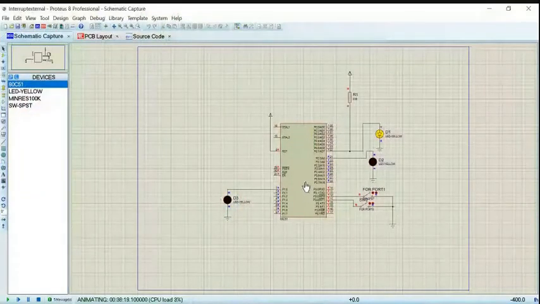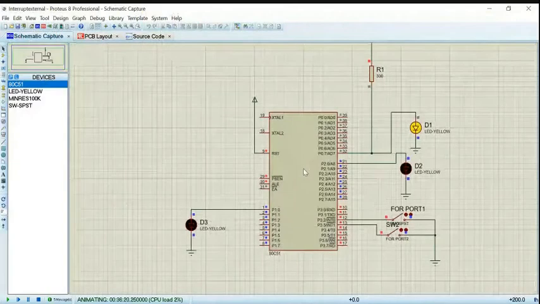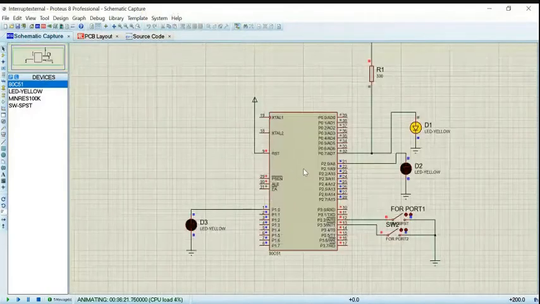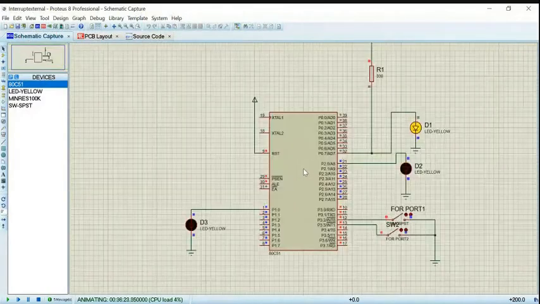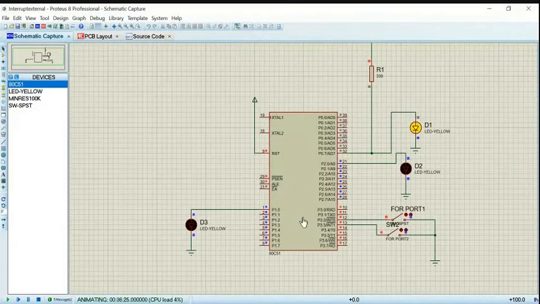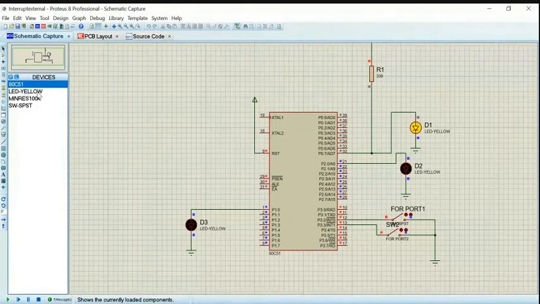Next, open your Proteus software. Very simple connection. On the microcontroller, one LED. I have selected an LED and a resistor. Change your resistor value to 330 ohm.